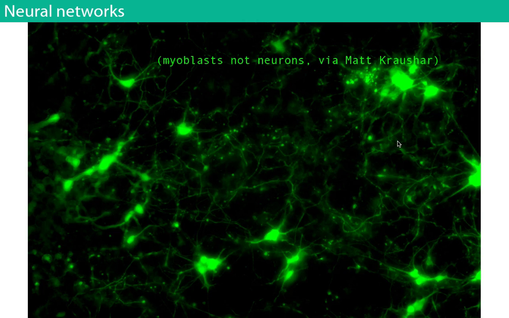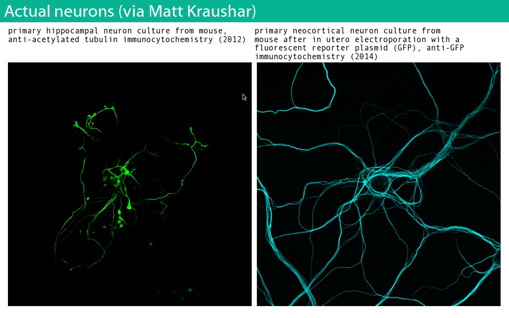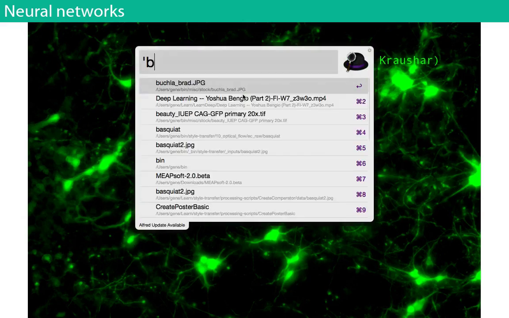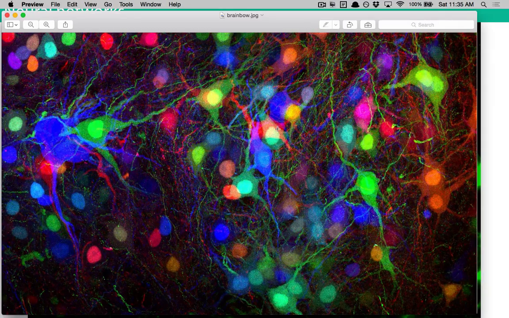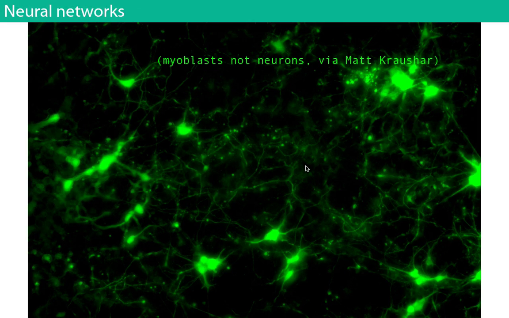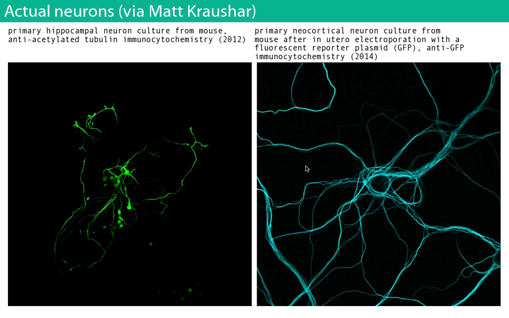So neural networks, these are actually not neural networks. These are myoblasts or mycelium. They're like muscle cells or something. My friend who's a neuroscientist took this picture and sent it to me. But you know what? I actually have, these are actual neurons. Yeah, there's a brainbow. I just learned about this recently. A couple of years ago, I think the technique for this was a person won a Nobel Prize. They inject phosphorescent nano something. I don't know. This is not my specialty. So anyhow, these are neurons.